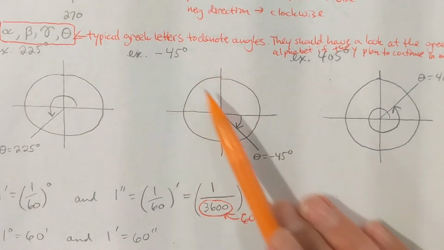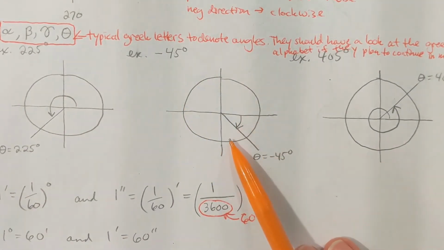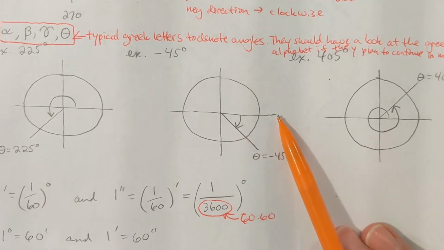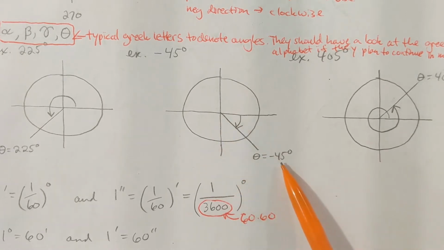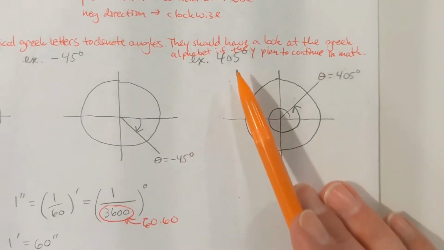A negative angle means that I'm going clockwise from the origin. So here'd be the 0 degree axis, here'd be the negative 90 degree axis, which is the same as the 270 degree axis. Here would be a negative 45 degree angle, which would also be the same radial line as a 315 degree angle. Okay, and we'll talk about radian measure later, but in this next problem, okay, if we